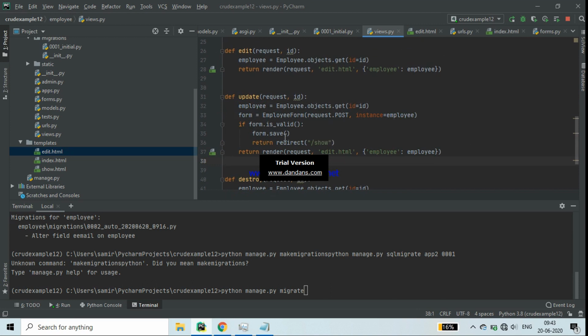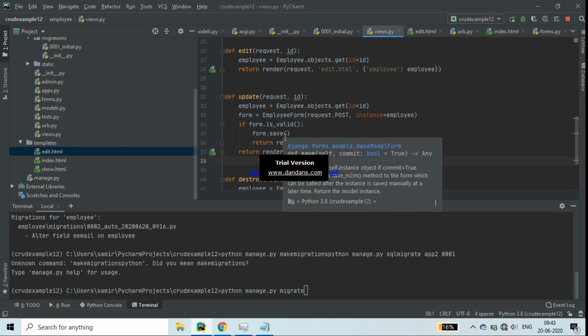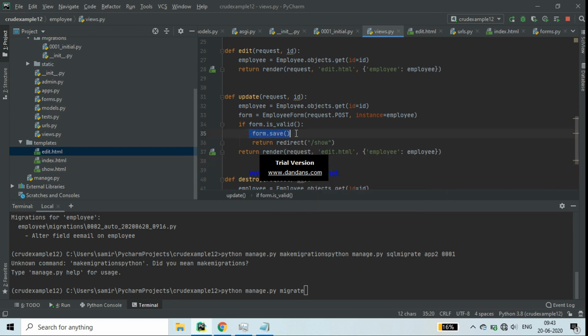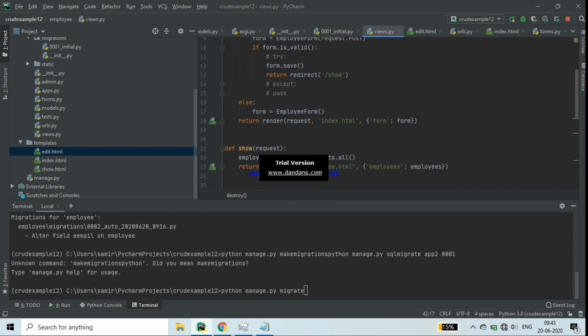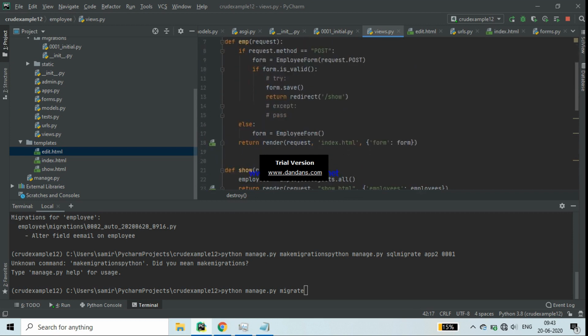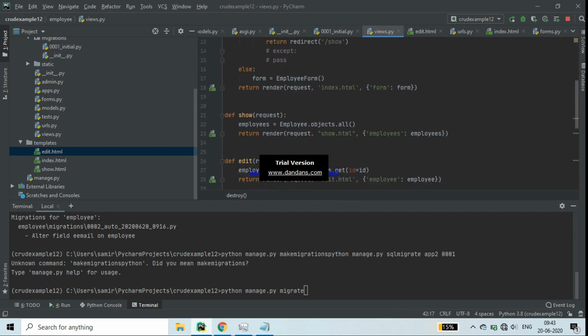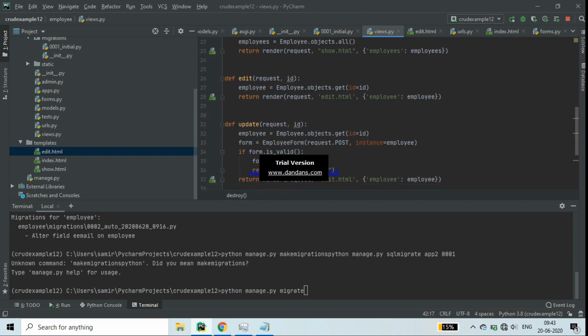So form employee form.save means that id data will be modified. If anybody clicks on the delete button, then that id will be taken and that id will be deleted, employee.delete, that id will be deleted. So in this way you can see the entire code here.